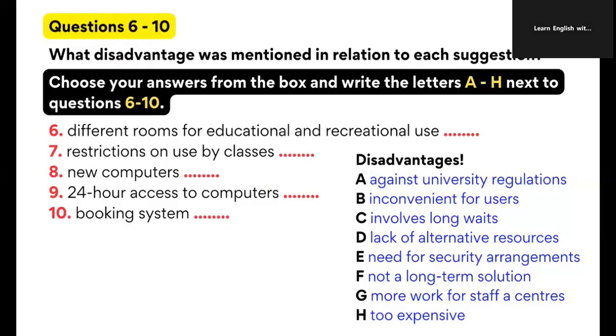So, what other suggestions did people come up with? Well, actually, the main reason why people can't get to a computer is because so many students are using them for personal emails or just surfing the web. So, one solution would be to have some computer rooms for recreational use and some for people to do serious work in. The trouble is, quite often people do their work, then they want to check their emails. And it would be a nuisance if you had to get up and go to another room and log on